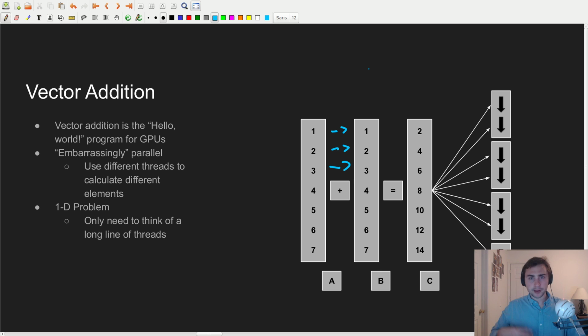So if we're thinking about this in terms of a CPU program, temporally I have to think about this in terms of a loop. So on the first iteration of the loop, I'll add the first elements together. The second iteration, I'll add the second elements together. But when we're doing something like GPU programming, right, I can flatten this out and basically spread it spatially across